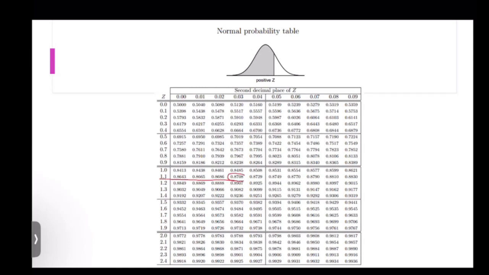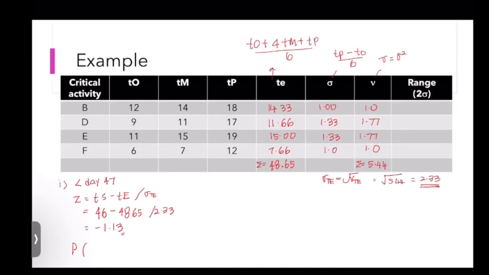It is 0.8708. So from that value, the probability of project could finish before